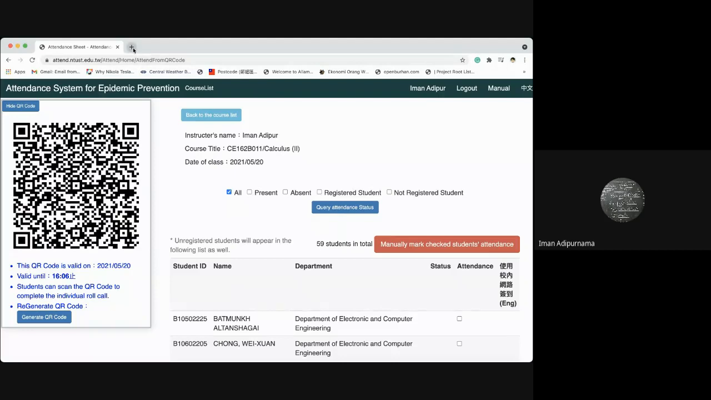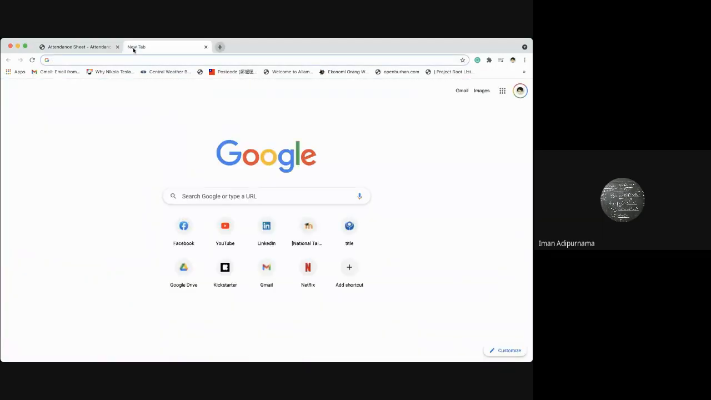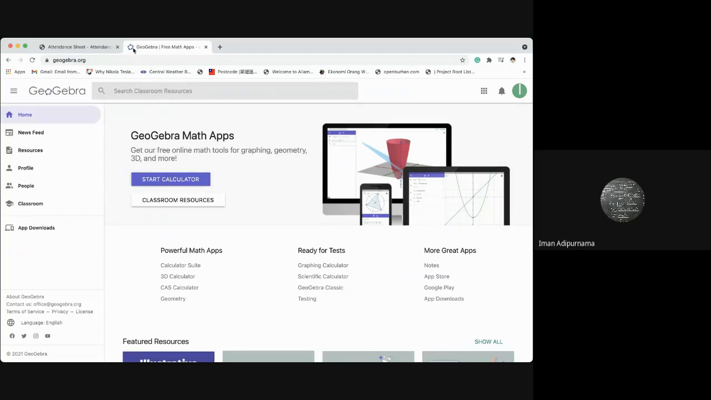Today we will continue the partial derivatives, and I will show you some